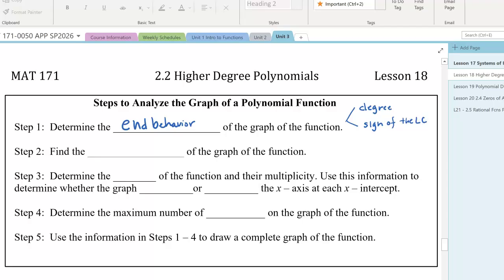The next thing you can do is find the x and y intercepts of the graph of the function. Those are good points to be able to determine the shape of the graph. The third thing you'll want to do is determine the zeros of the function, which remember are the x-intercepts, and their multiplicity. So you're going to use this information to determine whether the graph actually crosses or bounces off the x-axis